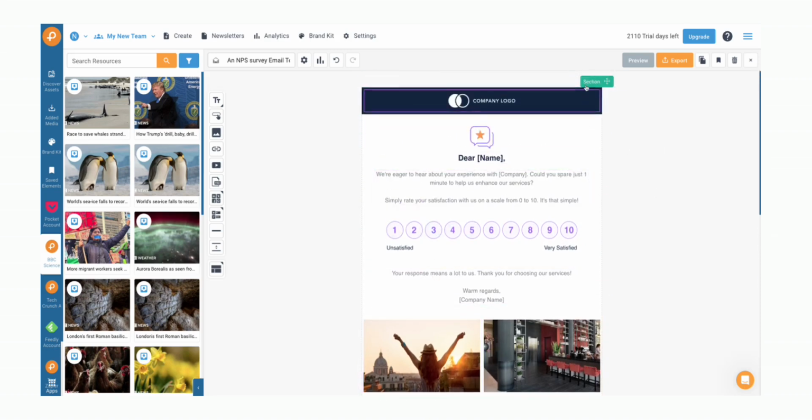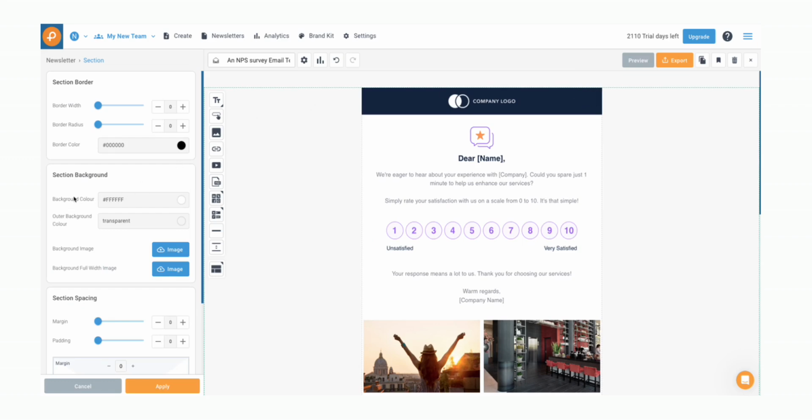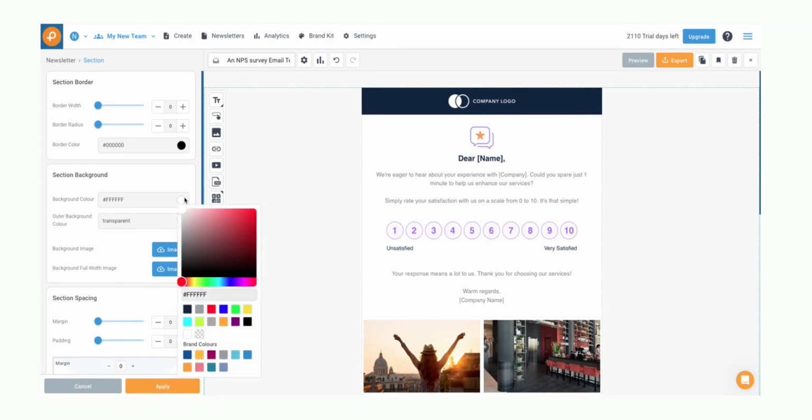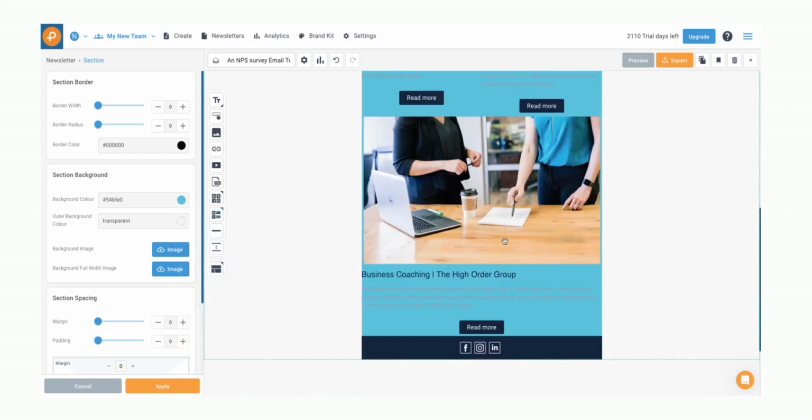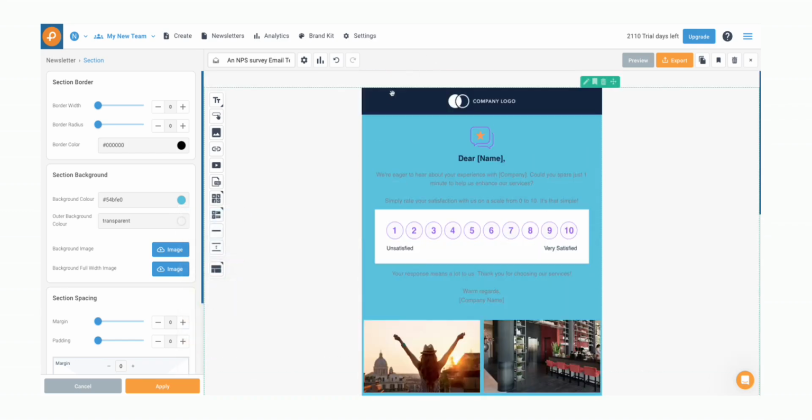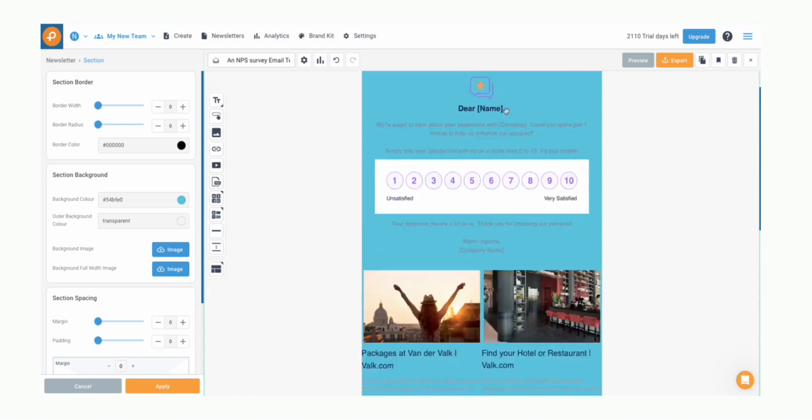And this means that when you edit the section, you can then choose a background color for the center of your section, so this center column here, and/or for the outer background outside of the center column. So for example, here I can change the center from this white color to blue, and now you can see my whole center column has changed to blue, except for some of the rows, these ones for example, and the one at the bottom,